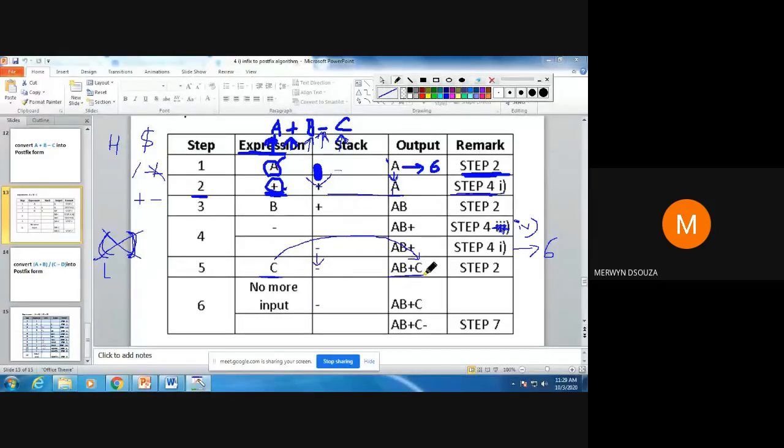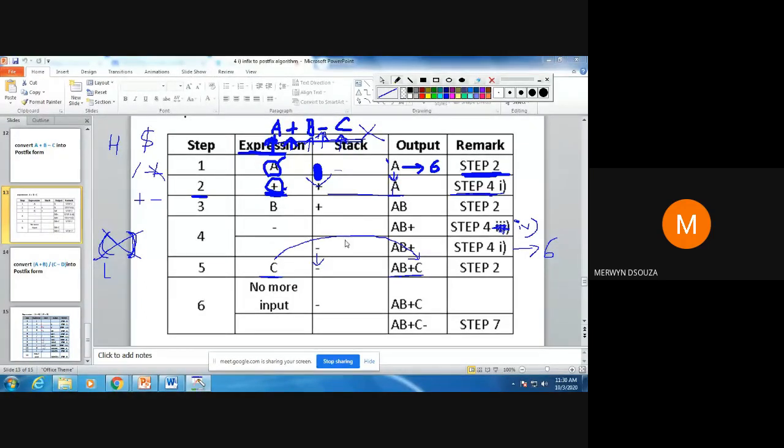After you do that, go to step 6. Step 6 says if there is more input, but there is no more input, we have reached the end of the input. If there was more input, you would have gone to step 1, but since there is no input, you go to step 7.